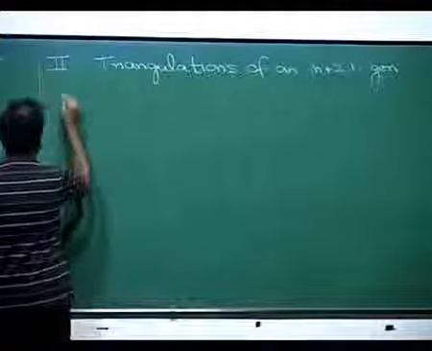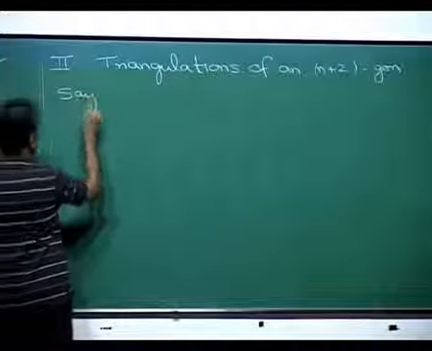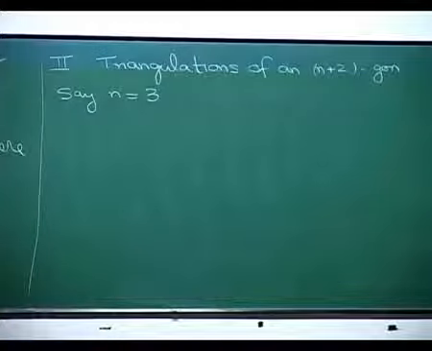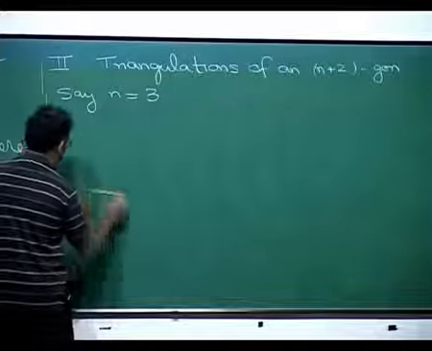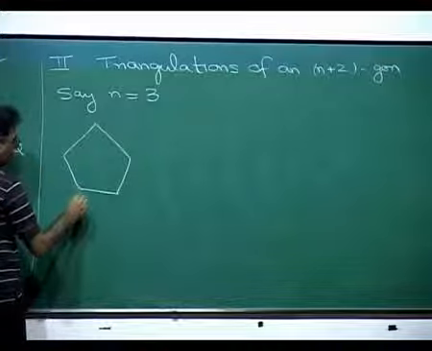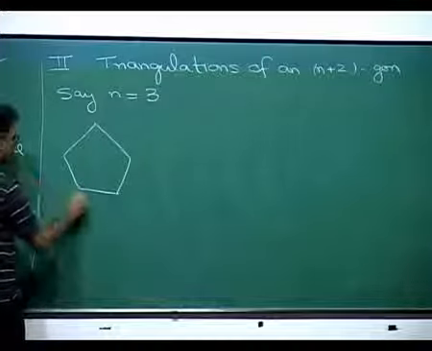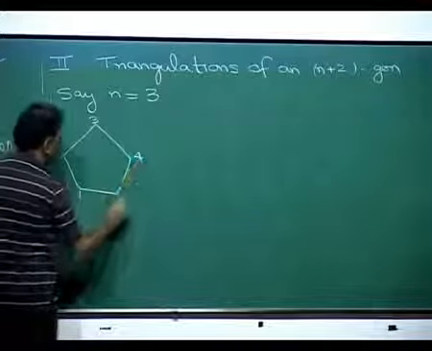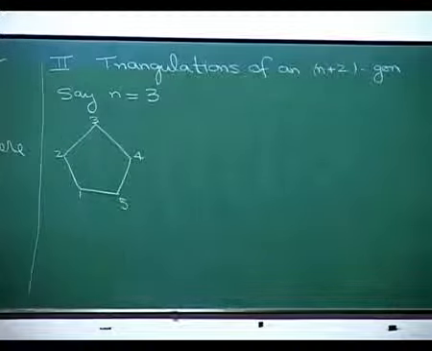and you would like to divide this n plus 2 gon into triangles. So for example, again let me begin, say n is 3. So n plus 2 is 5. So we are talking about a pentagon here. So I want to take a pentagon and divide it into triangles by drawing diagonals, cut it up into triangles. So here. Now I label, let me begin with this as 1. I label the vertices as 1, 2, 3, 4, 5. In general, 1 up to n plus 2 will label the vertices of that n plus 2 gon,